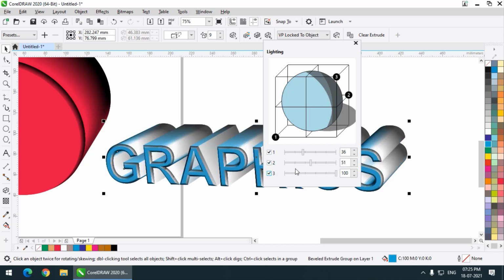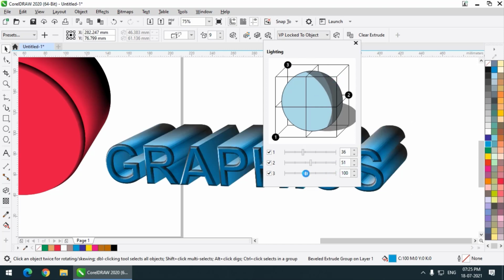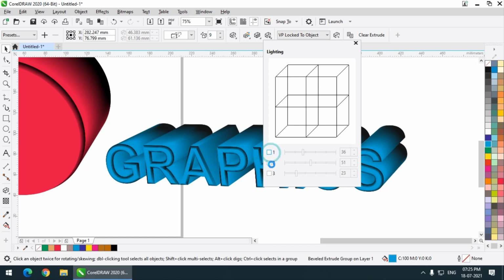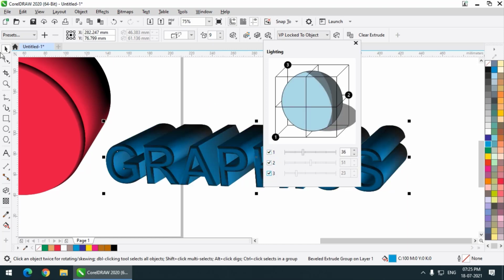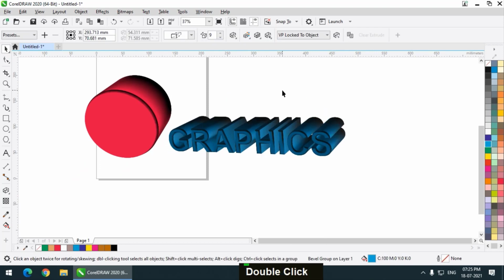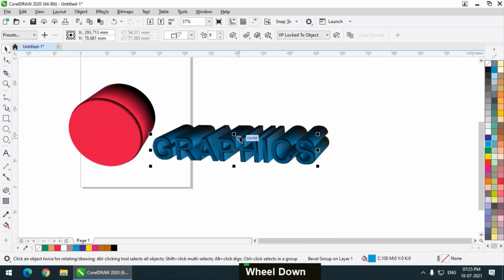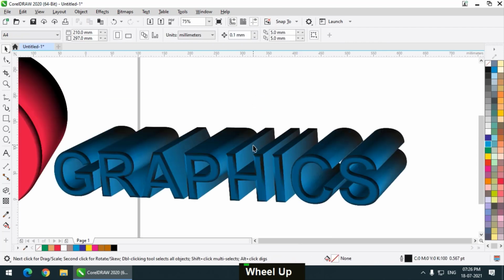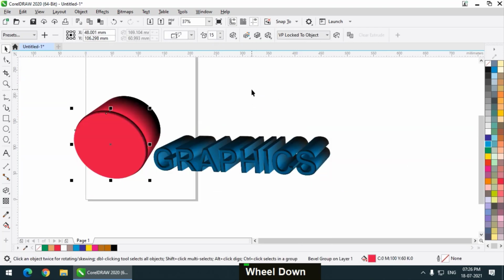If I turn on the third light, this is used for giving a realistic effect to any object. So this is how it will look. This is basically the lighting option. If you don't want it, you can simply turn all the light options off, so it will look like this. But if you want a realistic looking 3D object, not exactly a top quality 3D option but more realistic, then you can simply use the lighting effects. So this is how it will look after using the lighting effects. These are basically the options of 3D.